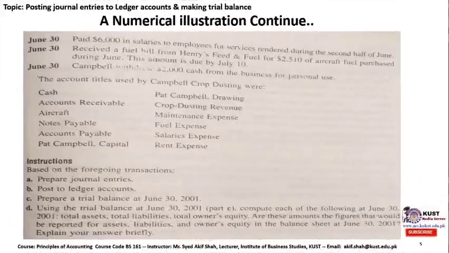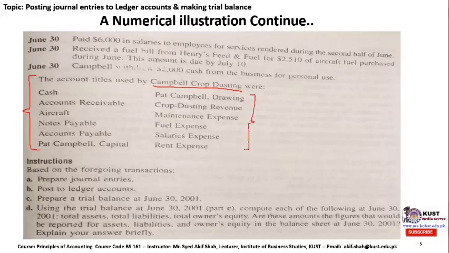So basically you have to understand that a certain chart of accounts is given at the end of this question. The account titles used by the Campbell Crop Dusting Company were as follows. So dear student, whenever a particular chart of accounts is available at the end of any question, it will not only assist you to select the relevant account titles for debit and credit entry,